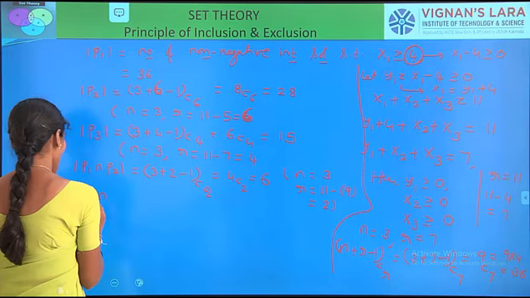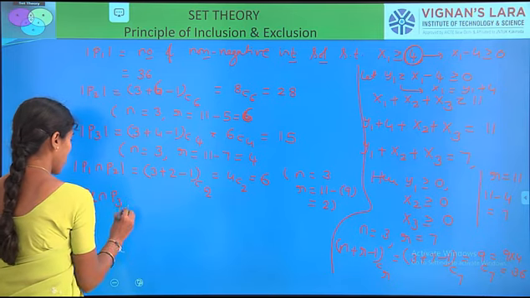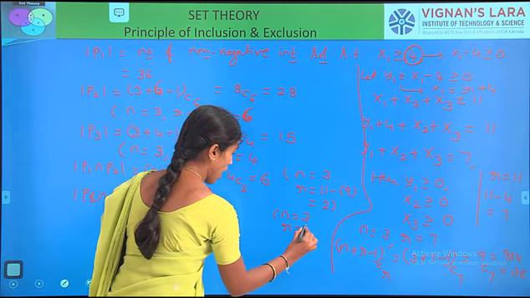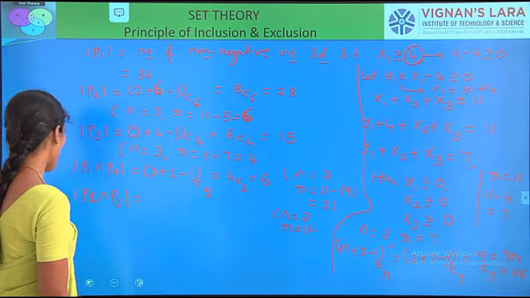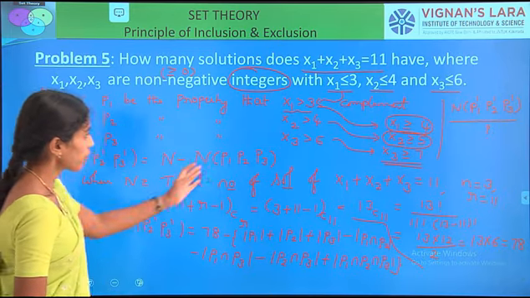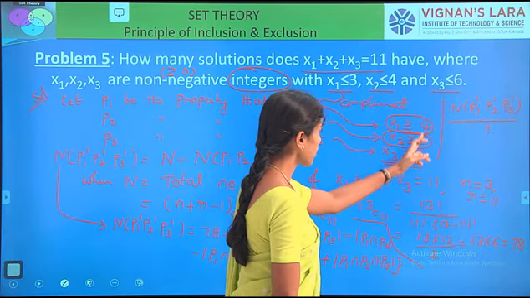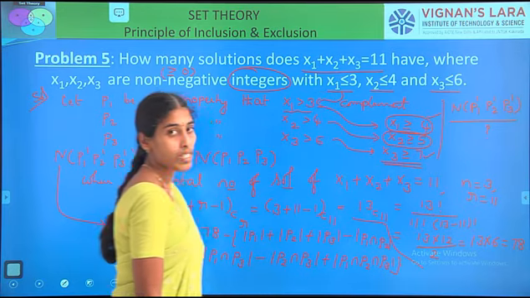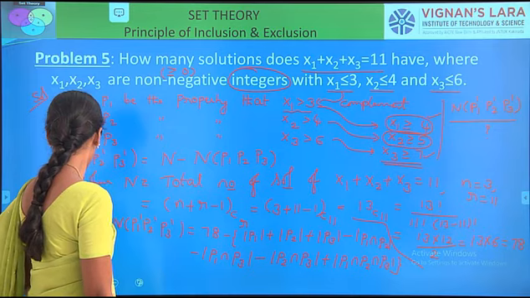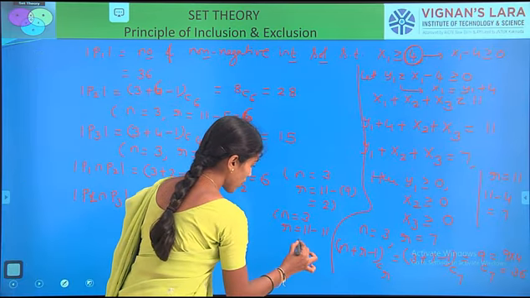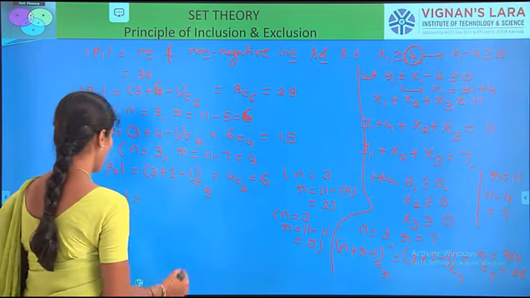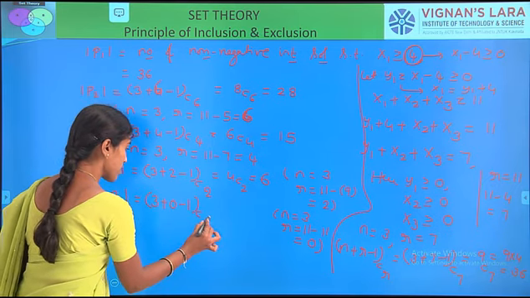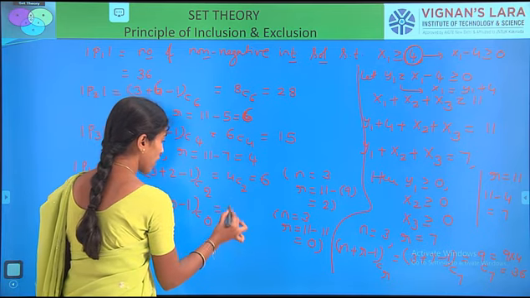Now P1 intersection P3. Like that, here also n value is 3. R value is now 11 minus of P1, P3. P1 condition greater than or equal to 4, P3 greater than or equal to 7. By adding 4 and 7, the sum of these two is 11. 11 minus 11, our new value of r is 0. So 3 plus 0 minus 1, C 0, which is 2C0, value is 1.